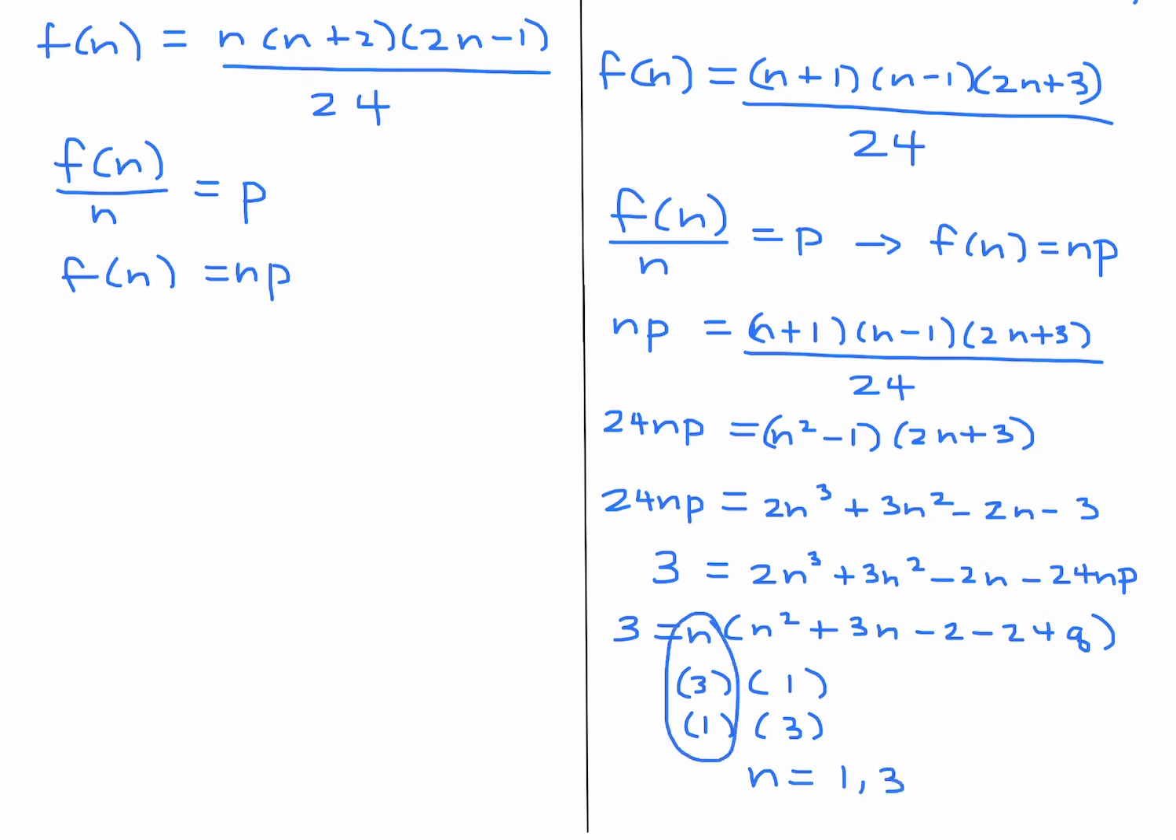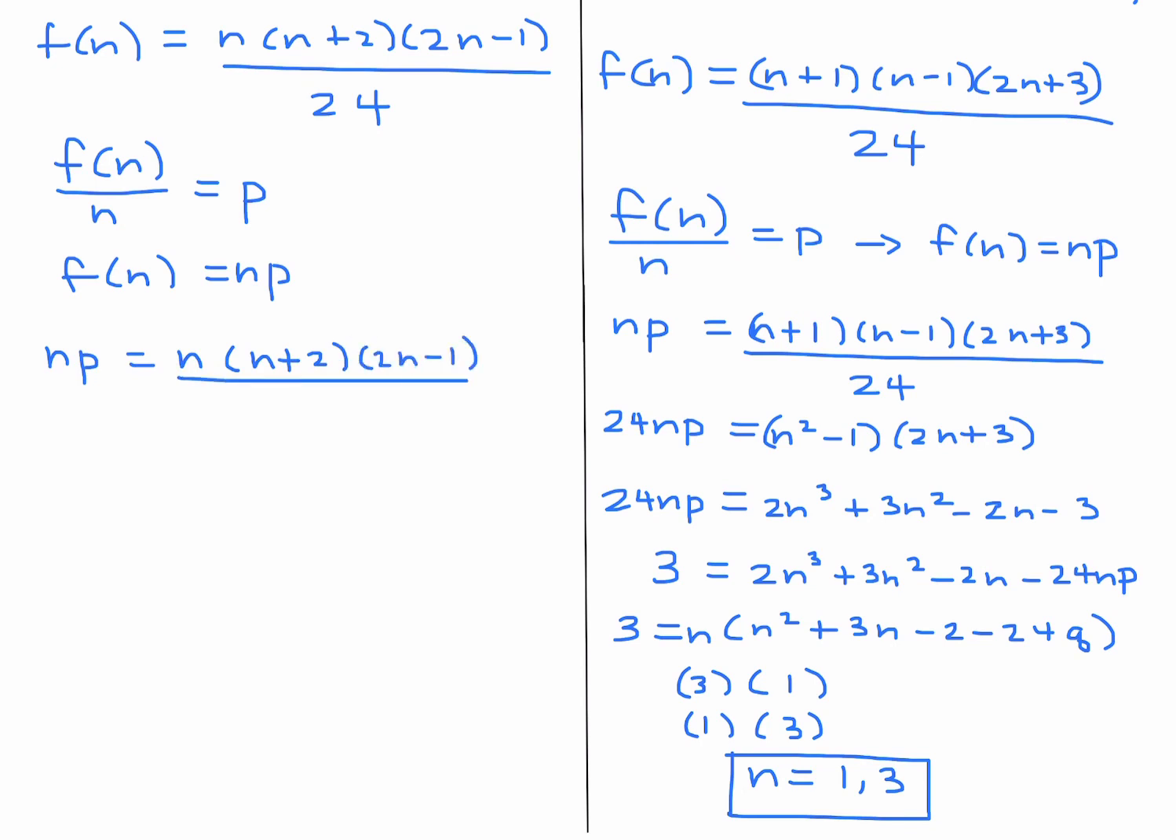It's these guys right there. This value is not important to us. So there you go. I've got 2 values of n, 2 actual numerical values. Now let's turn our attention to this guy over here. So this means that np is equal to n times n plus 2 times 2n minus 1 all over 24, right? So